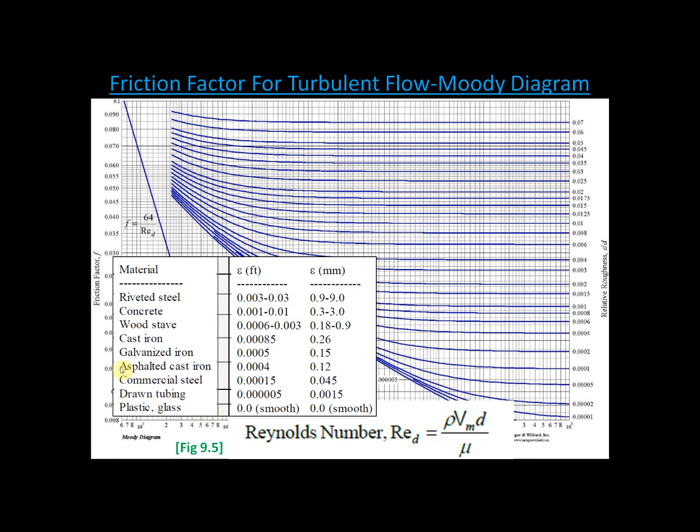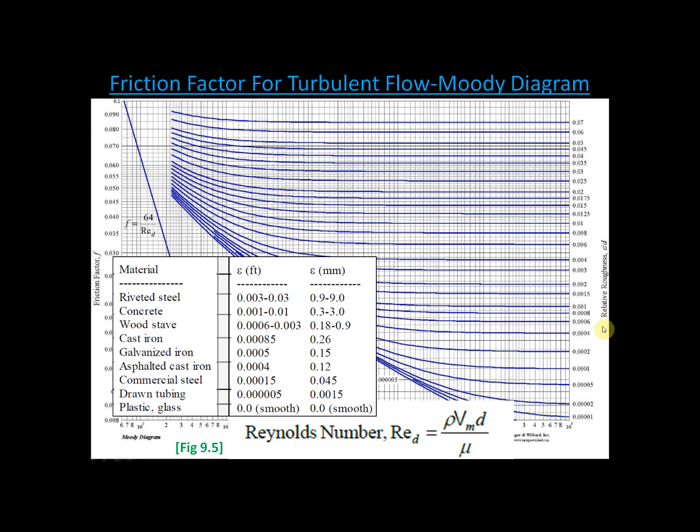And let me blow up that little table on the bottom for our friction factor. Notice the units on roughness. I have a column in feet, and I have a column in millimeters. Depending on the material and the unit system you're working in is where you're going to obtain this value, and you've got to make sure your units are consistent. Note that that's millimeters, not meters. That's feet, not inches, when you're determining your relative roughness, which is on this right-hand side, this y-axis on the